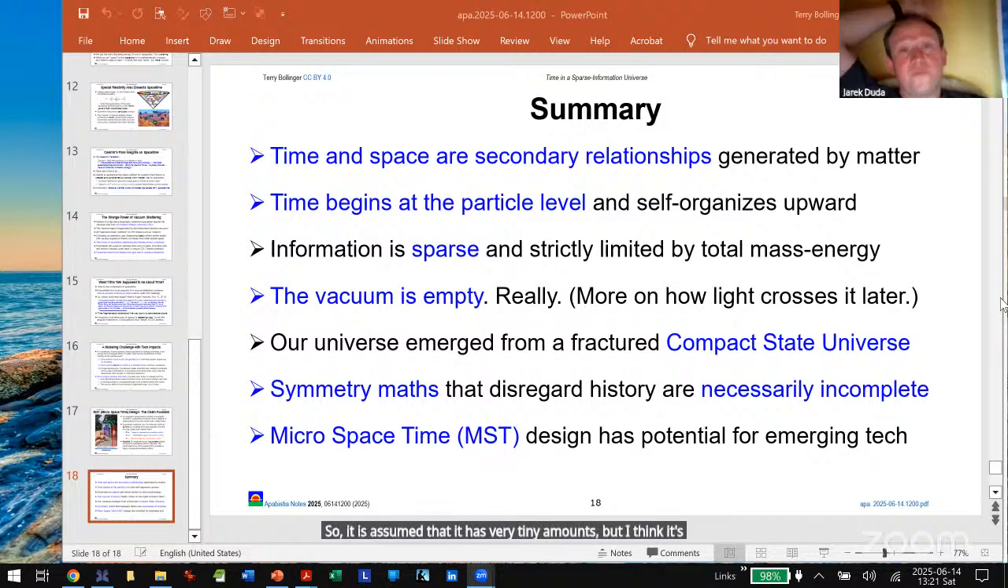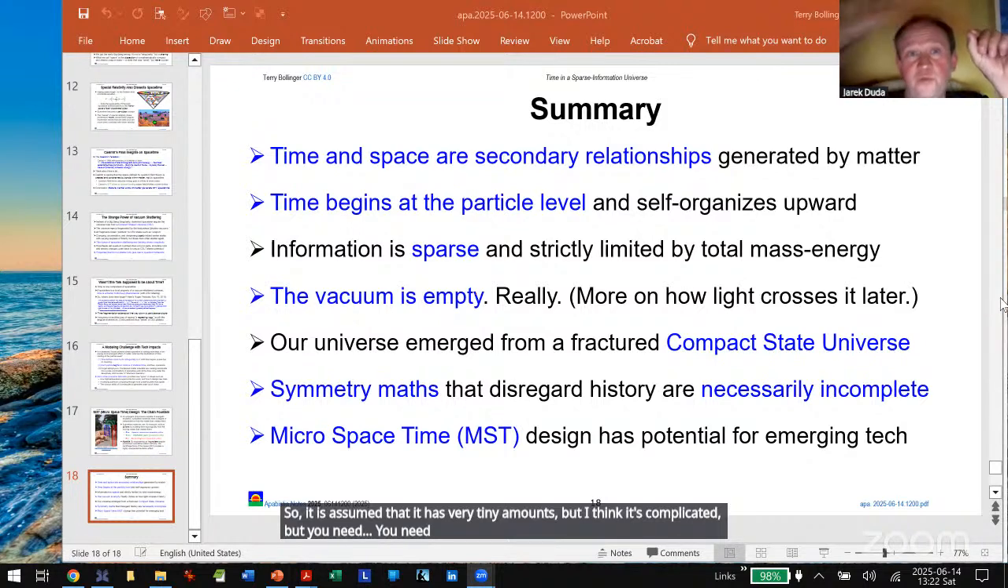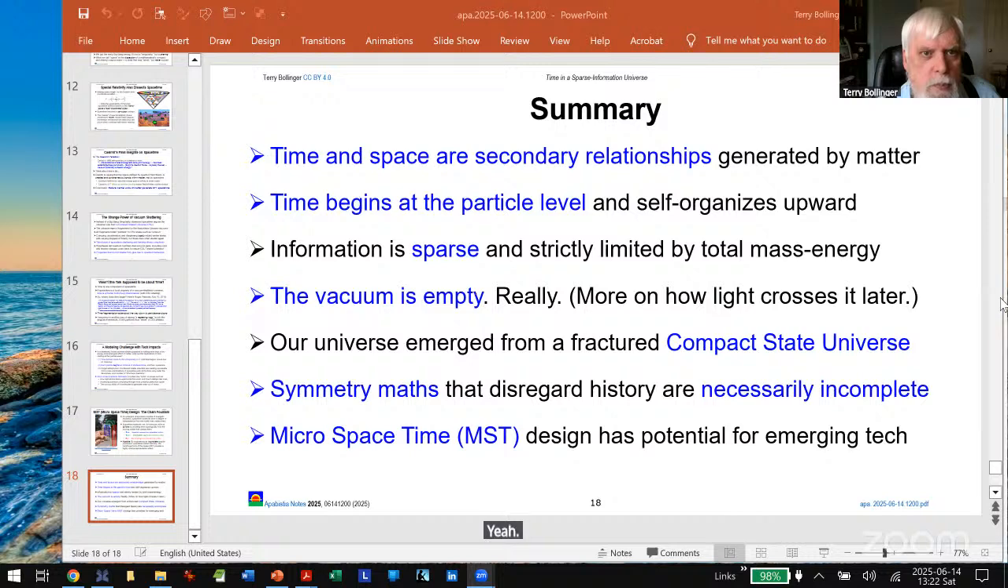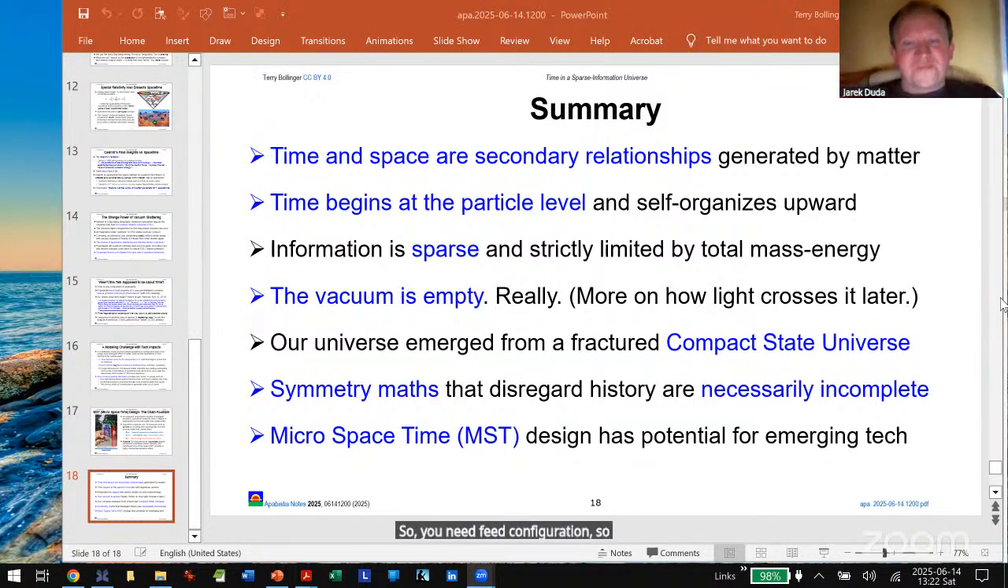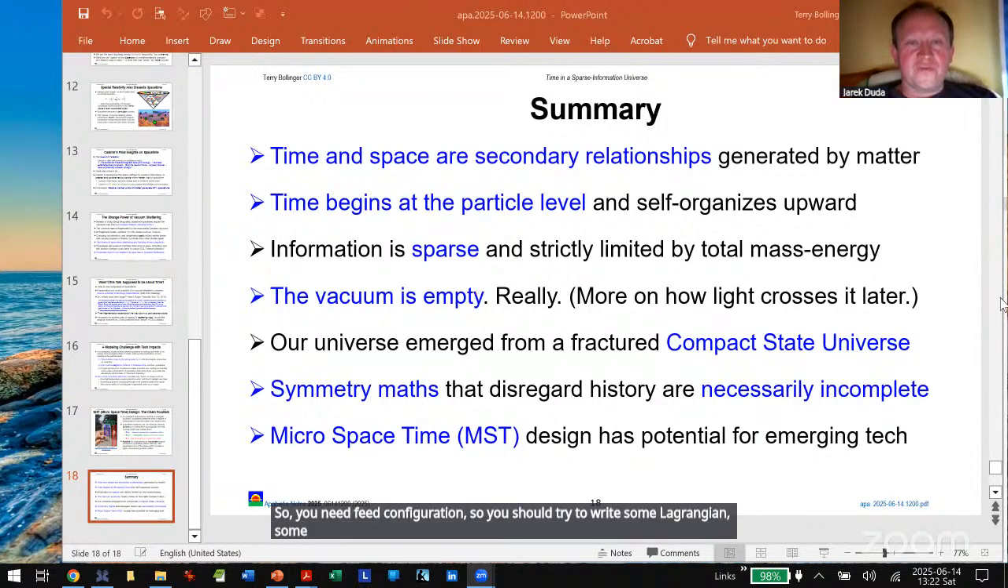But you need neutron, proton, and transition between them, producing neutrino. So generally, you need field configuration. You should try to write some Lagrangian, draw some field configurations. But yeah, well, the neutrino,